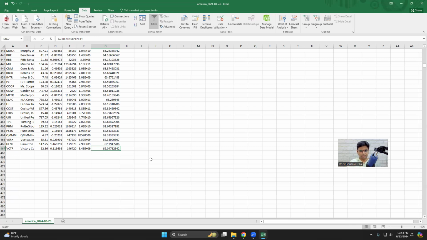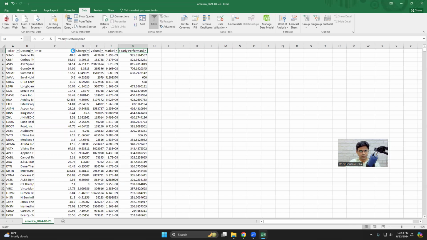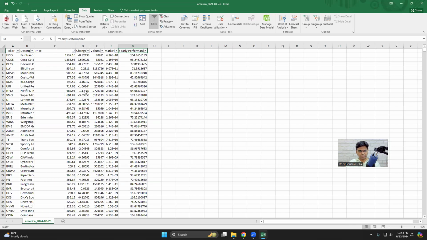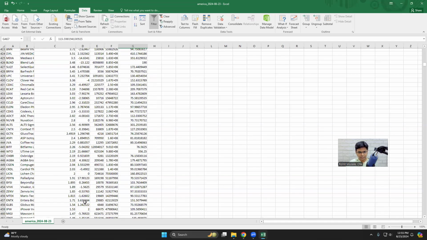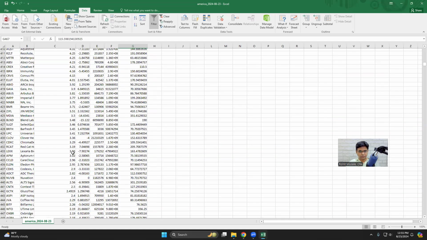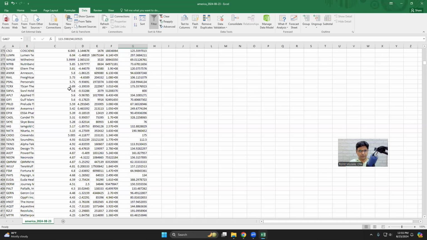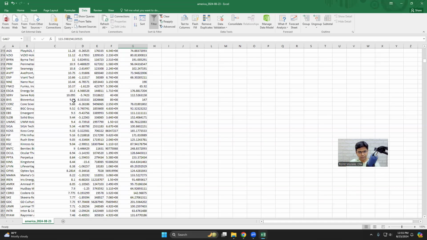Another filter we can put there is, you see this price here. If we sort by largest to smallest and come down, see, there are penny stocks here, stocks which are less than $1 in price, $3, $4 stocks, $5. So let's put a criteria. Why not look at only those stocks which are $10 or more? You see, this is more than $10. So this is 9.88. So if I remove this,